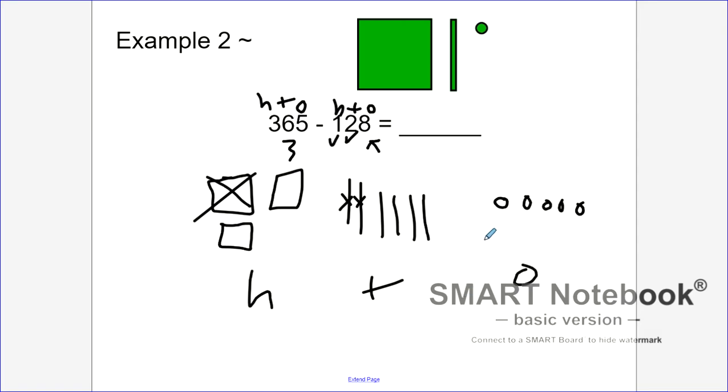So it would be like if you went to the store and something cost $8 and you only had $5. What you would have to do is something called borrowing. You'd have to say, oh, I actually need to get a little bit more. So maybe you get a $10 bill and you were able to do that. So I try to cross out 8, 1, 2, 3, 4, 5, and it doesn't work because I don't have enough. So I need to take one of these tens over here,